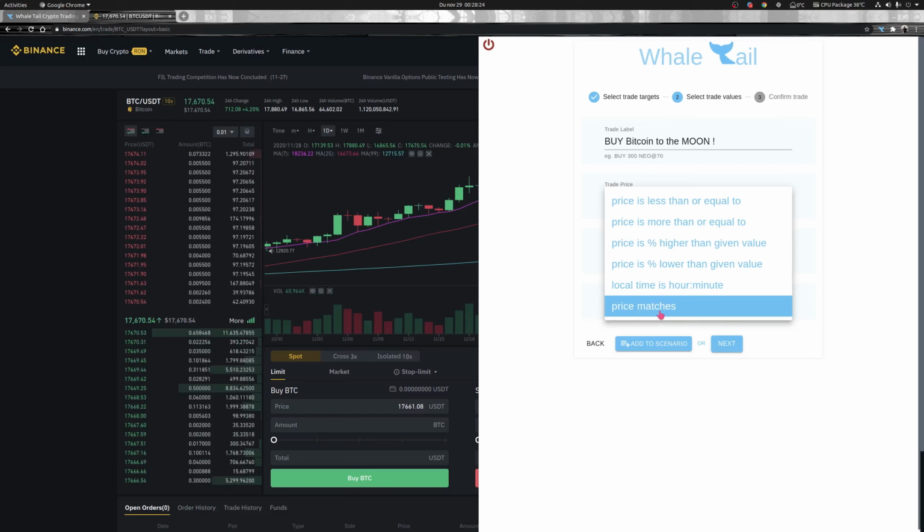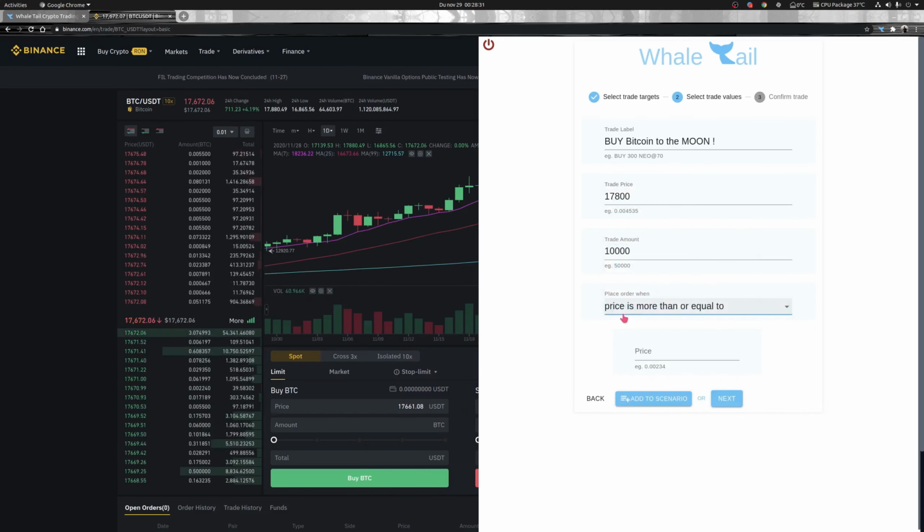The other ones, you can find them in the blog article. So let's say we want to buy when Bitcoin price is more than or equal to 70,760. So now Whaletail is going to place a buy order of 10,000 Bitcoin, which is quite a lot, at a price of 70,800 whenever the current price of Bitcoin is more than or equal to 17,760.